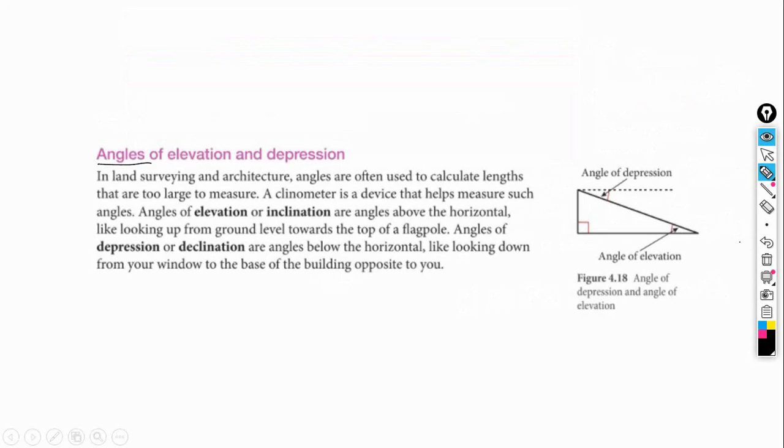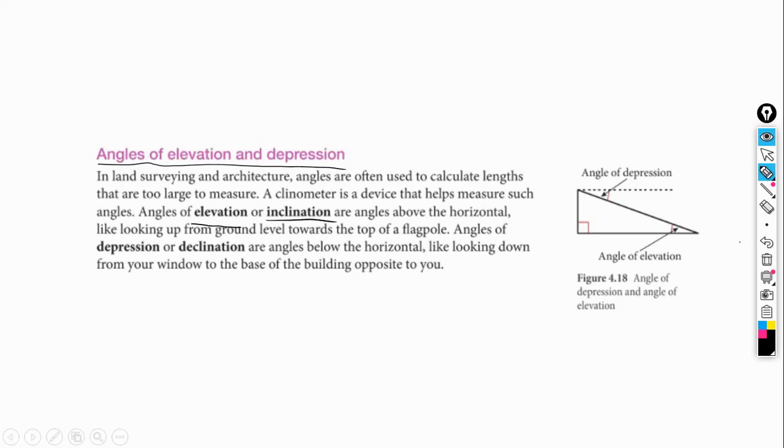So let's talk about angles of elevation and depression. In land surveying and architecture, angles are often used to calculate lengths that are too large to measure. A clinometer is a device that helps measure such angles. Angles of elevation or inclination are angles above the horizontal, like looking up from the ground level towards the top